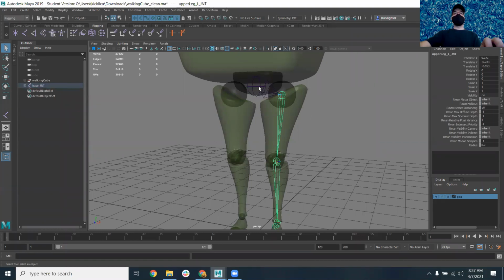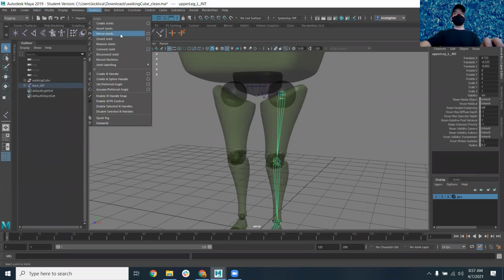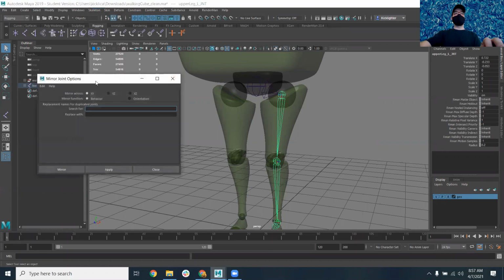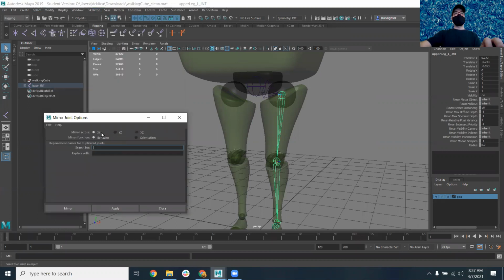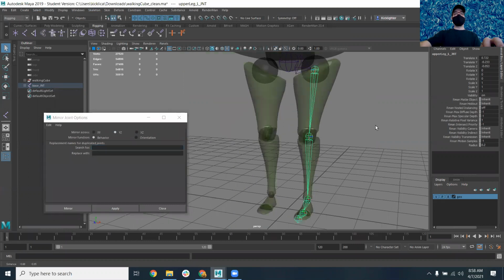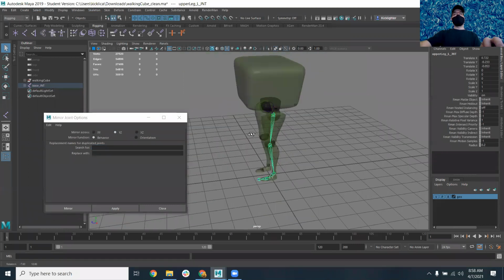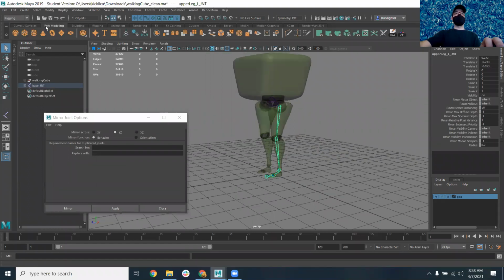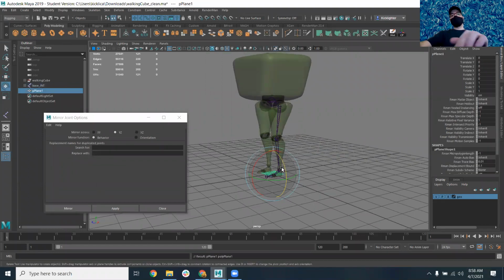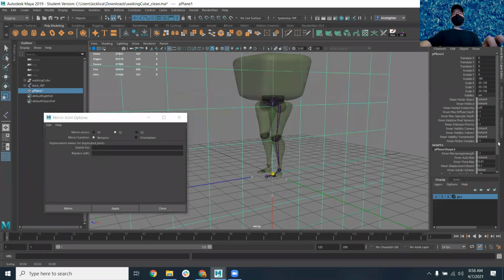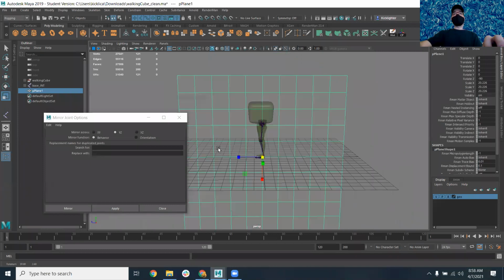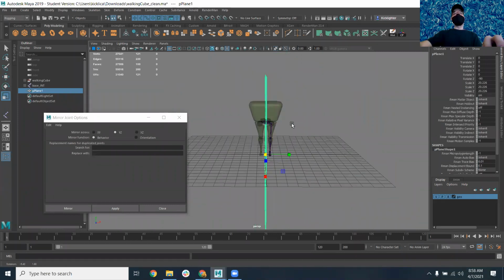Now that I've parented to the base joint, I can select the top of my joint structure. We're going to come over to Skeleton, Mirror Joints, and open up the tool settings for that. We're going to mirror it across the YZ plane. It's kind of confusing, but imagine that up is Y and Z is forward and back. The YZ plane is essentially a plane right here. So if you're mirroring across it, it should just be mirror across the X axis. I don't know why they say it like this, but